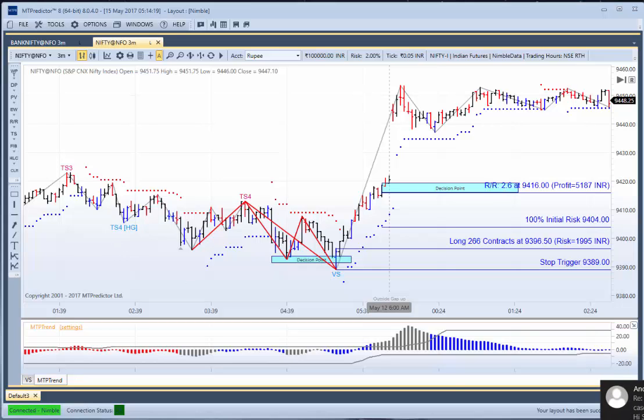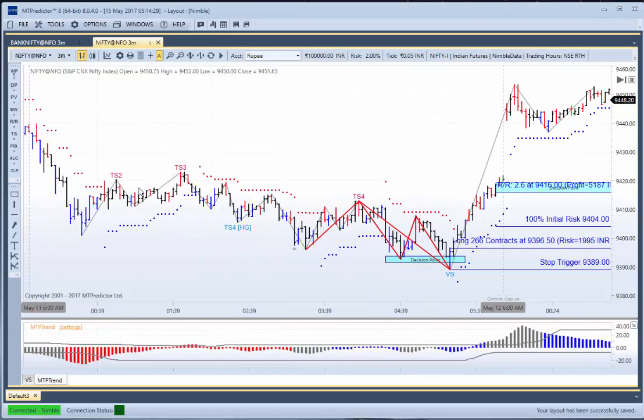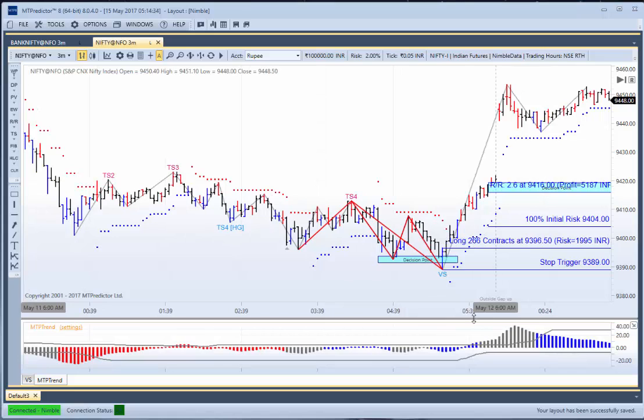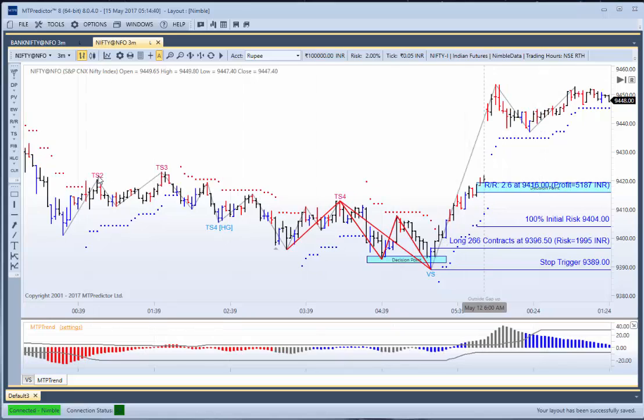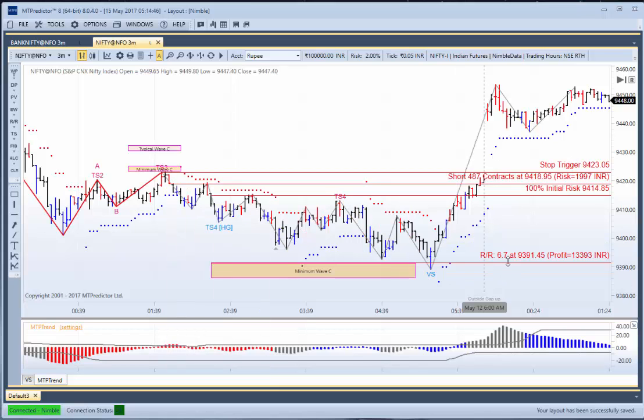And that's why we like position sizing, correct position sizing, because when the profits come through, they're large, which is the aim of the game. We have large profits, but when the losses come through, which they will and they do, they're kept small. So this was a very good day. May the 12th was a very, very good day on the Nifty, where we had a losing trade and a very big profitable trade here on this TS3 sell. Plus 6.7R is a very nice big profit, so a good day.